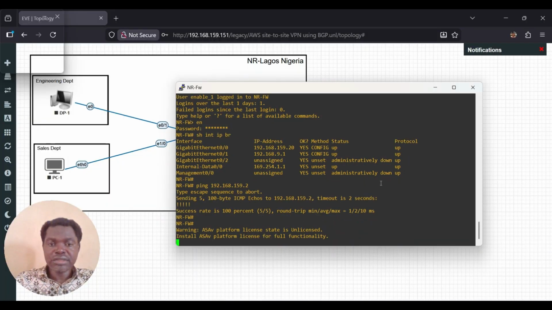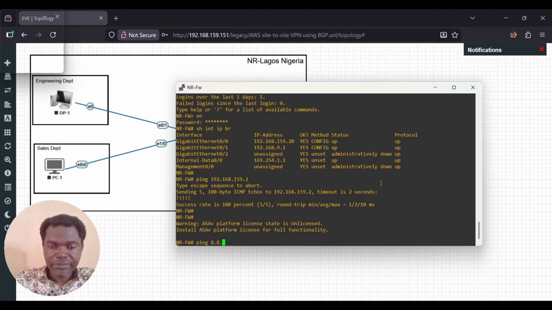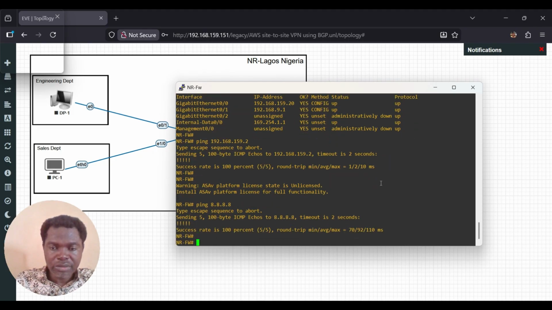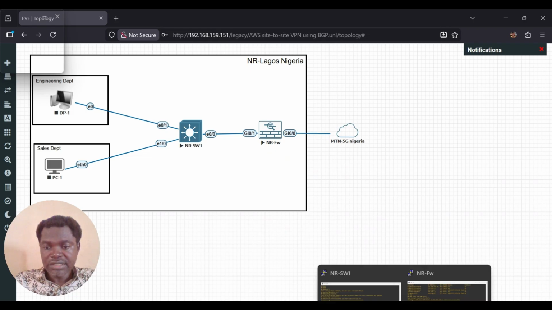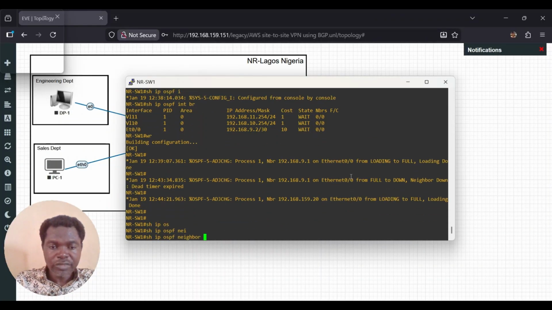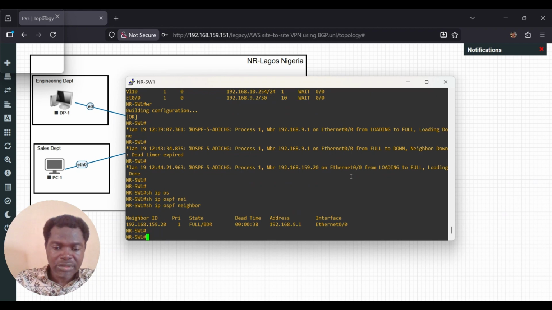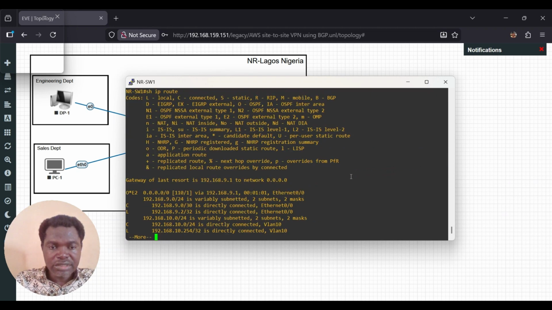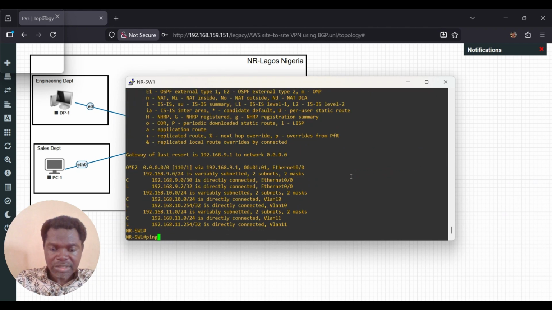So let me check whether I can ping the internet. Okay, good. So now let me enable NAT. Before I do that, let me check from here. Okay, good. I'm getting the forward. Fantastic. So now let me show that. For now, we can't ping NAT here. We can ping NAT here.